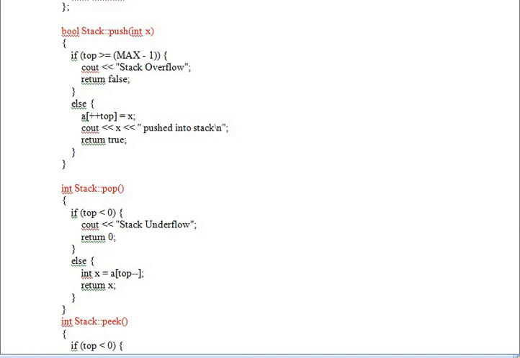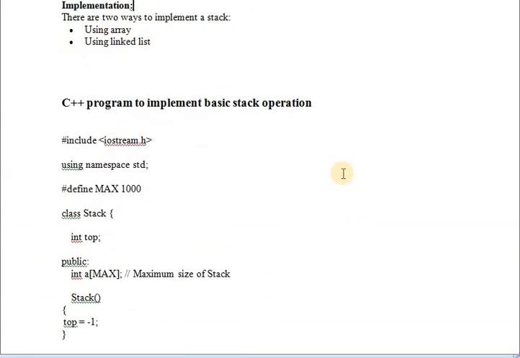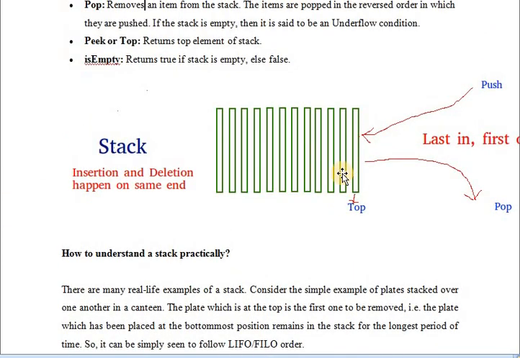Now we are going to see peek, to check whether the stack is empty or not. If top is less than 0, stack is empty, return 0, else x equal to a of top, return x. We have already seen what peek is: it returns the top of the stack.